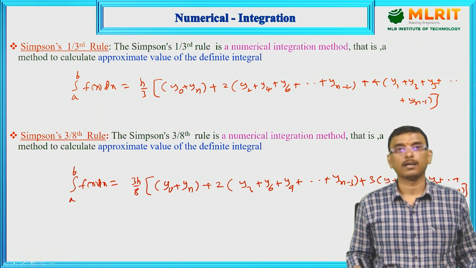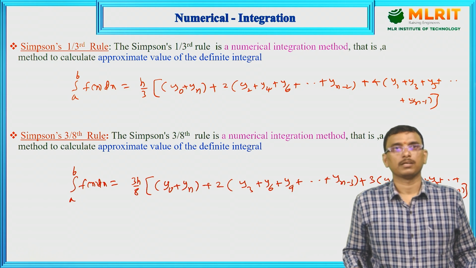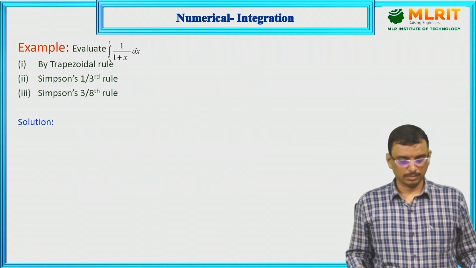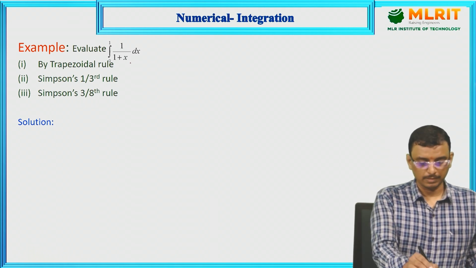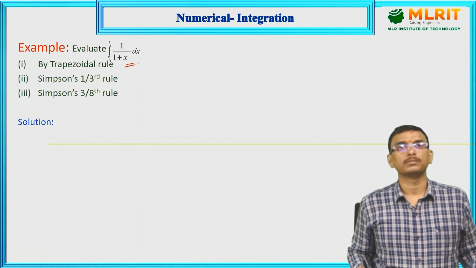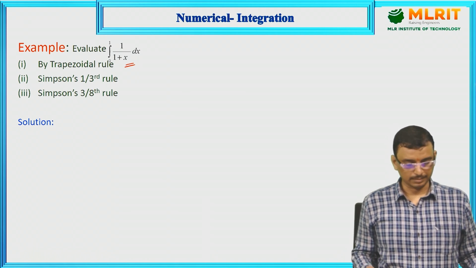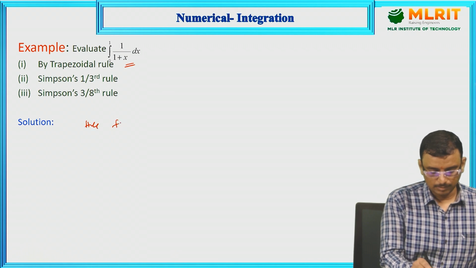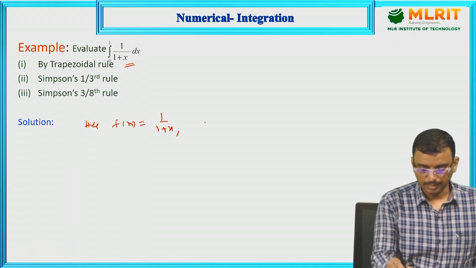So this is called Simpson's 3/8 rule. Using these formulas, we can find the solution of the given integral. Example: evaluate the integral from 0 to 1 of 1 by 1 plus x dx by using the trapezoidal rule, Simpson's 1/3 rule and Simpson's 3/8 rule. So here f of x is equal to 1 by 1 plus x and